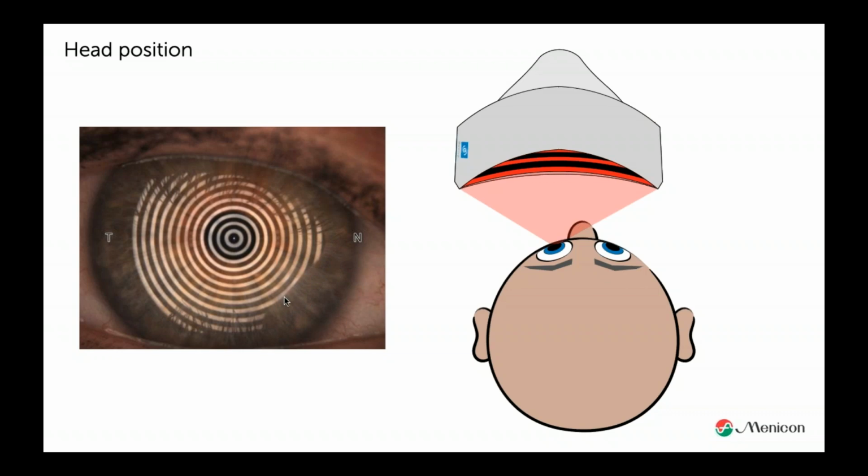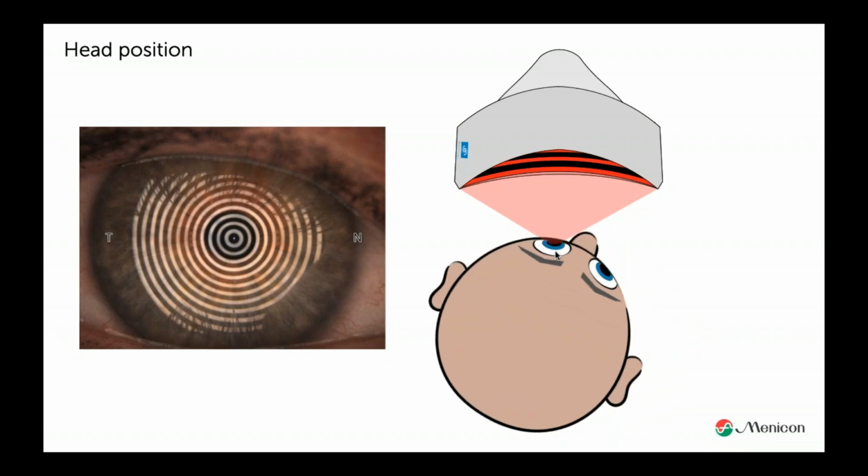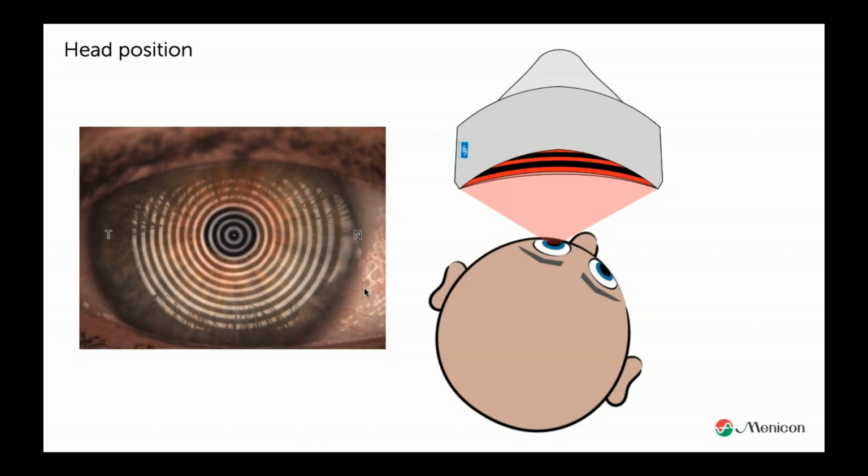And if you don't measure it, you didn't move the head enough. If you want to measure, for instance, the left eye, you have to turn the head to the right side, so the nose is not covering the light bulb anymore, and it will result in a better image. So if I see images where the nose part is missing, I know, okay, the specialist failed. It's not the topographer, it is you as a specialist.